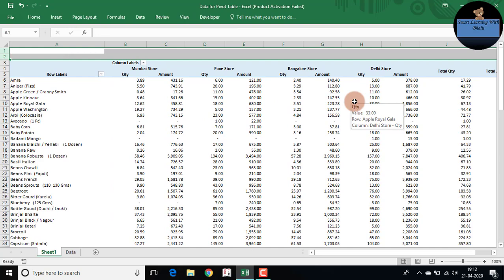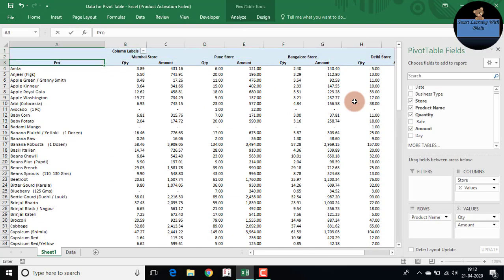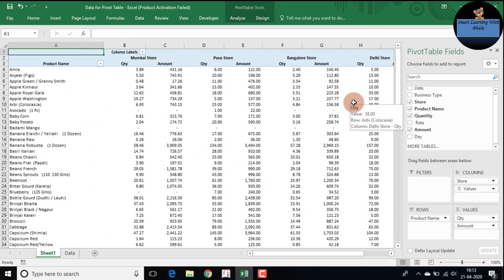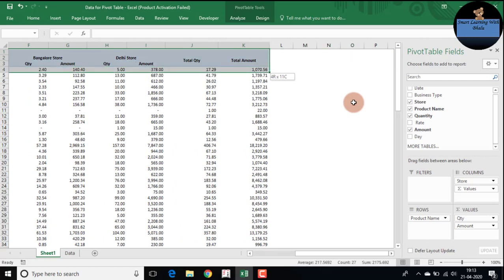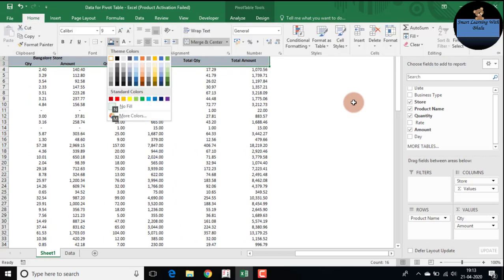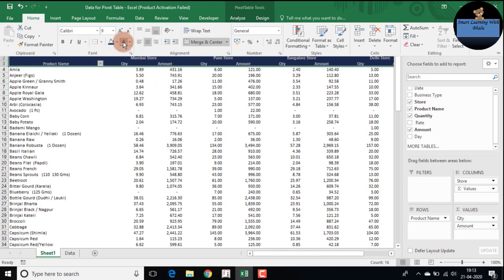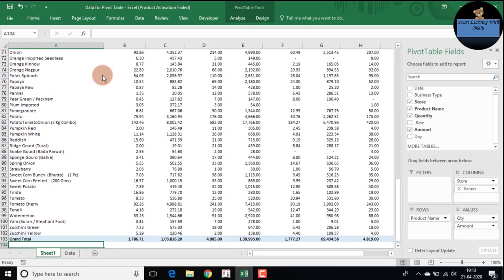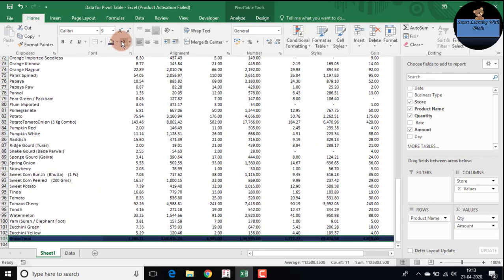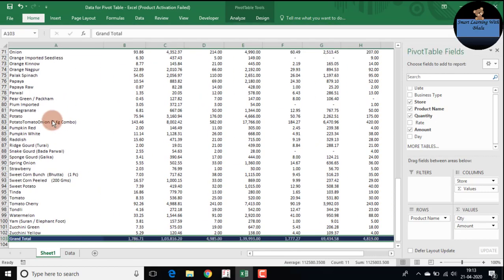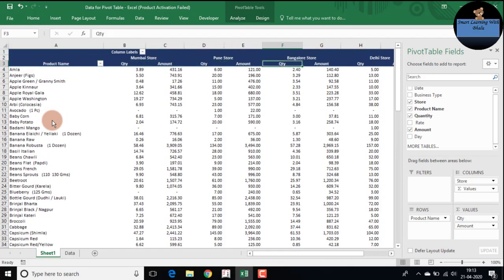And I don't want this extra line, and this will be my product name. I'll just paste this product name. So I'm done with this. And if you want to change the color here, you can simply select this, Alt HH. I'll take this color, and the one which I prefer most of the colors, white. Yeah, so the data is ready.